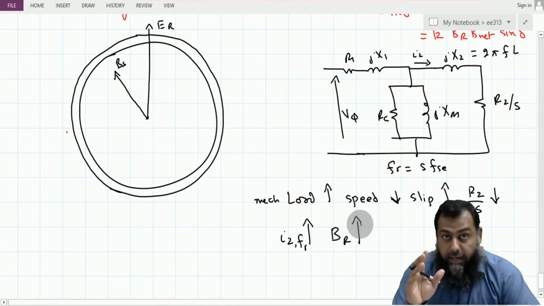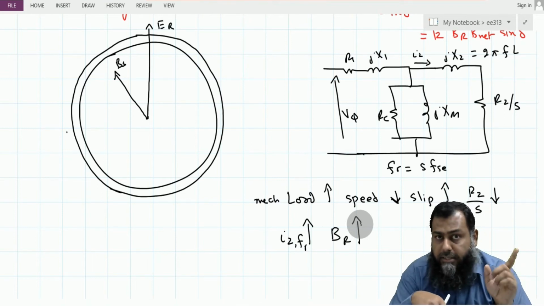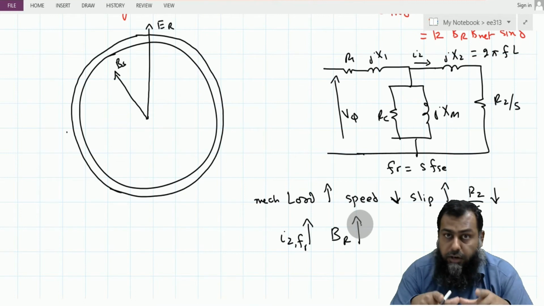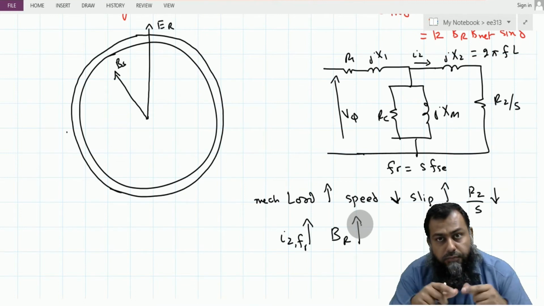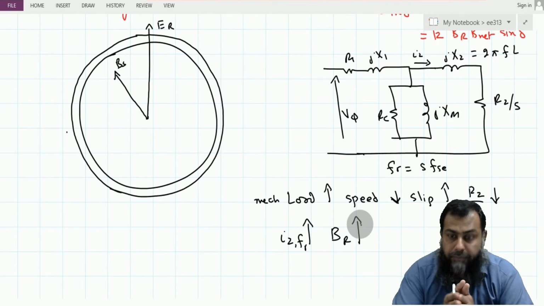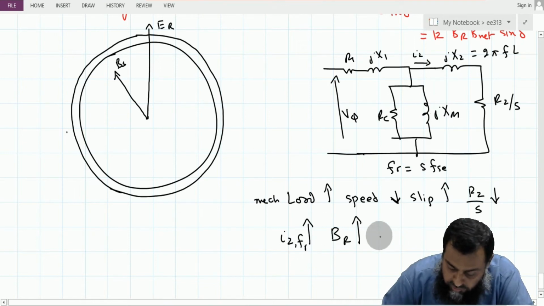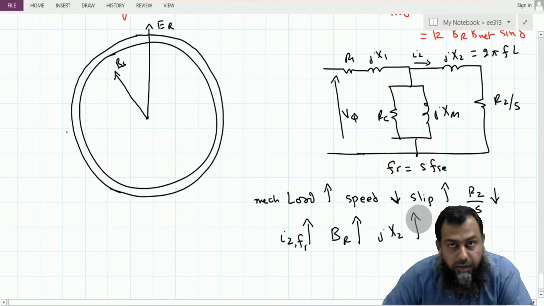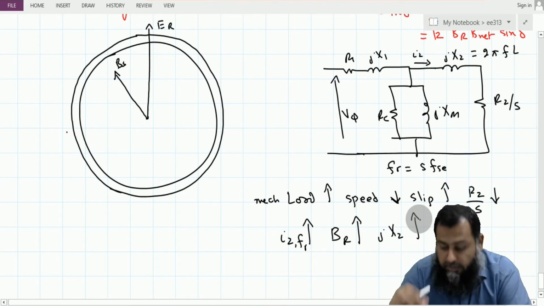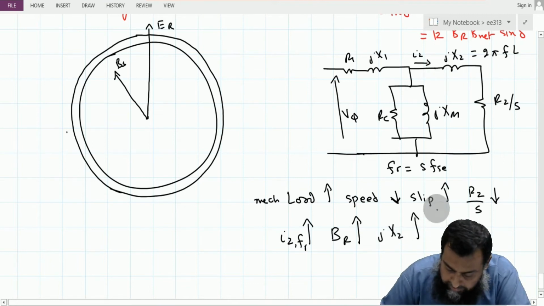So now the important point is, the magnetic field which is produced in the rotor circuit depends on the amount of current flowing in the rotor circuit. Now that the current has increased, the magnetic field intensity produced because of the rotor circuit will also increase. But there is another catch here. We have the increment in the frequency as well. When the frequency of the rotor increases, this JX2 will also increase, or the impedance because of this particular part, this X2, will also increase.